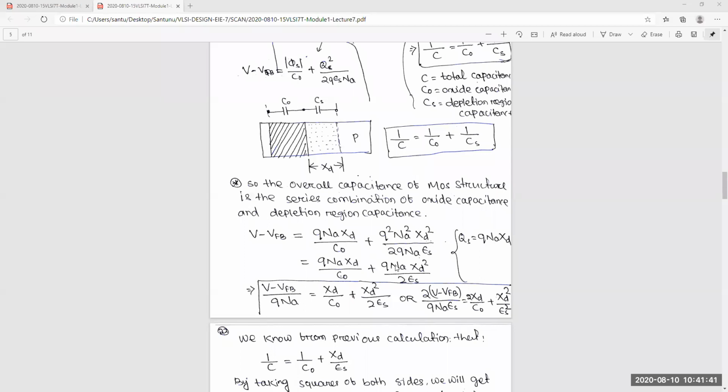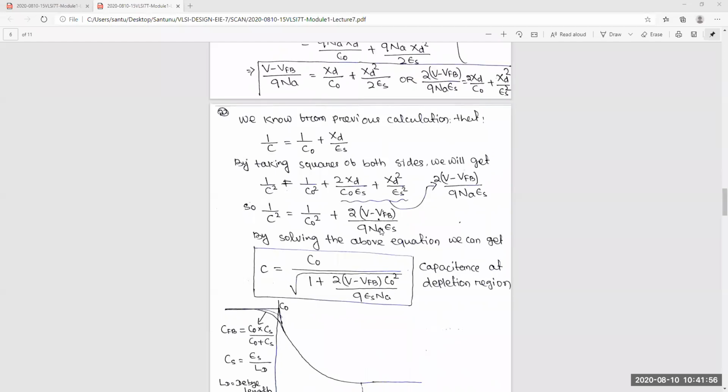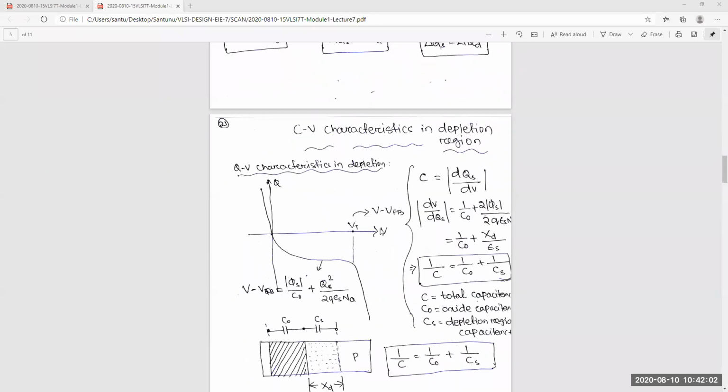Already QS is equal to QNA XT, which you applied in previous classes, and you know these things too. We do this simple calculation again so you can understand it very well. My intention is that you understand everything graphically and physically. Forget about the equation; that you will remember, and it is not important. But physically, how does it work, how is the capacitance charging, how are the charges changing in different regions? So, was that part understood or not?